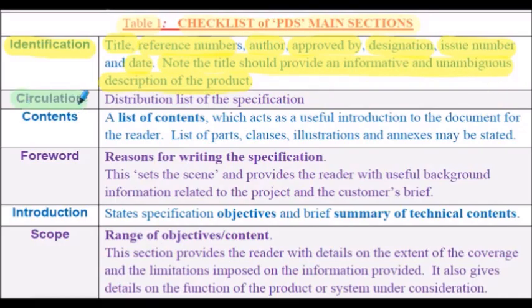Some documents may have a circulation list. This is a distribution list of the specification to all the stakeholders associated with the product. Then we have a content section. This is a list of contents, which acts as a useful introduction to the document for the reader, and it lists the various parts or clauses, illustrations, annexes, etc. within this section. This will essentially be a table of contents, and there may also be a table of figures